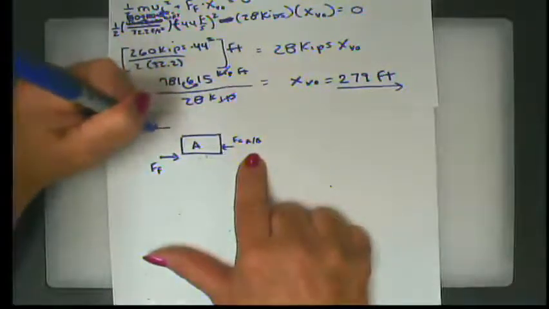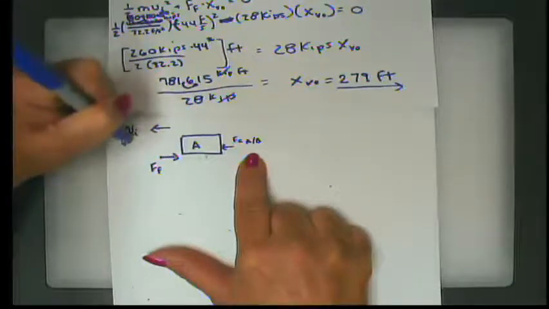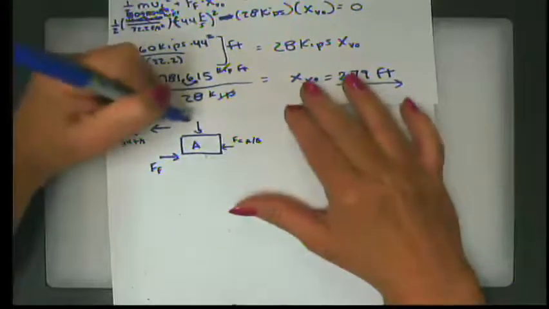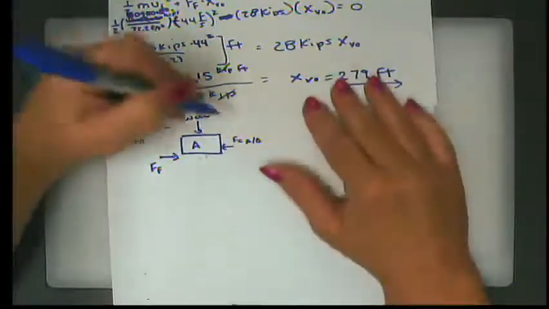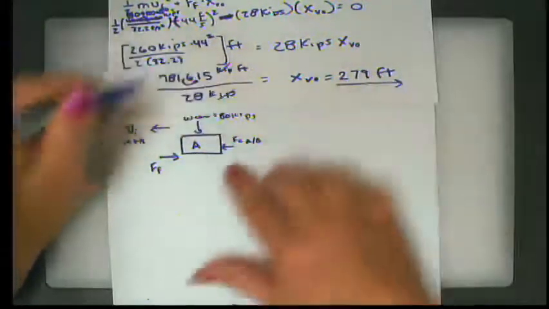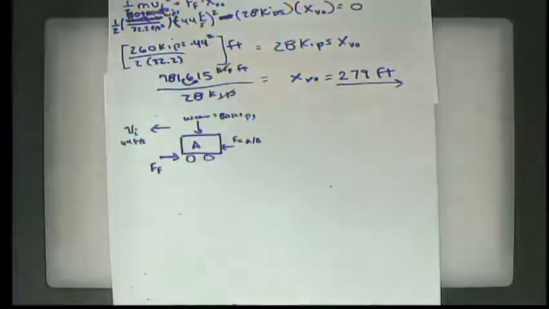All right, so we have our velocity initial, which is the 44 feet per second, and we have the weight of the car, which is 80 kips. All right, and we still have wheels on the car. All right, so there we go. So if we think about it that way,